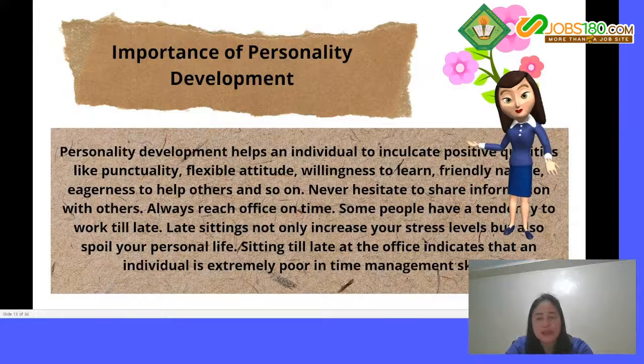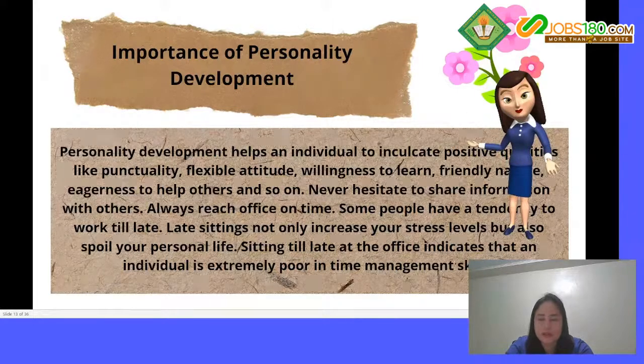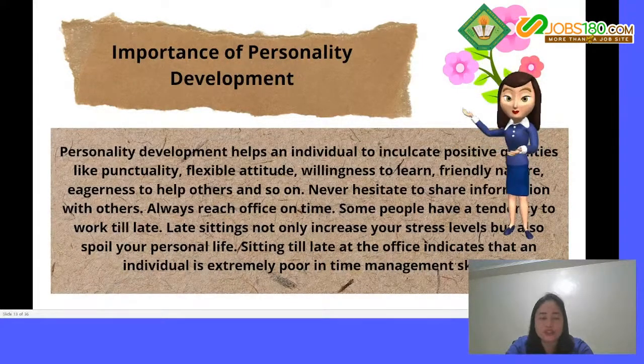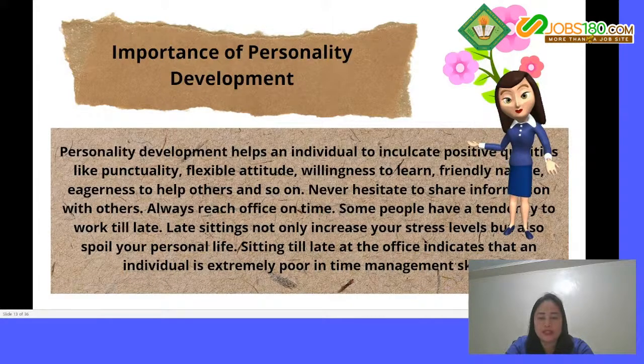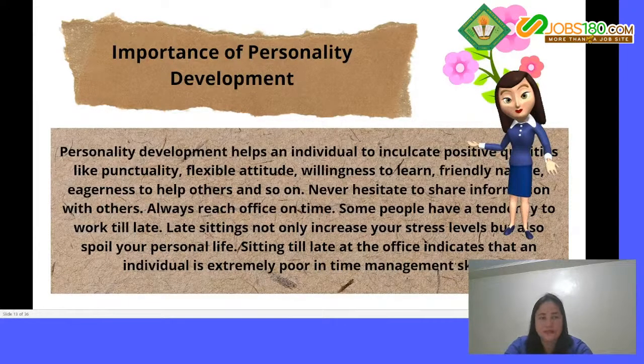Some people have a tendency to work till late. Late sittings not only increase your stress levels but also spoil your personal life. Sitting till late at the office indicates that an individual is extremely poor in time management skills. Okay,